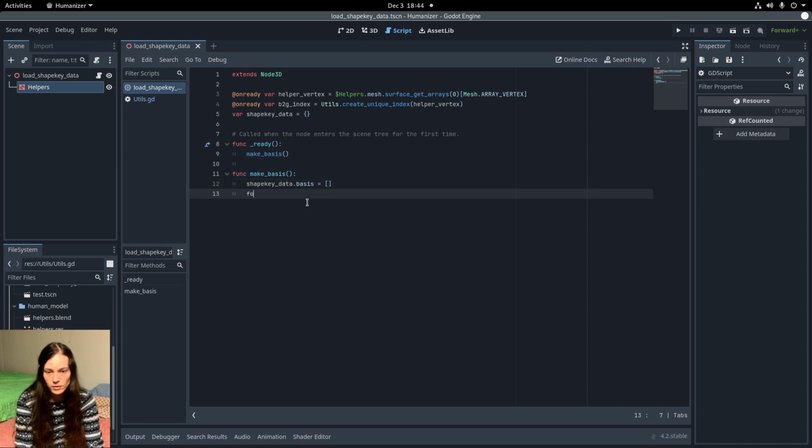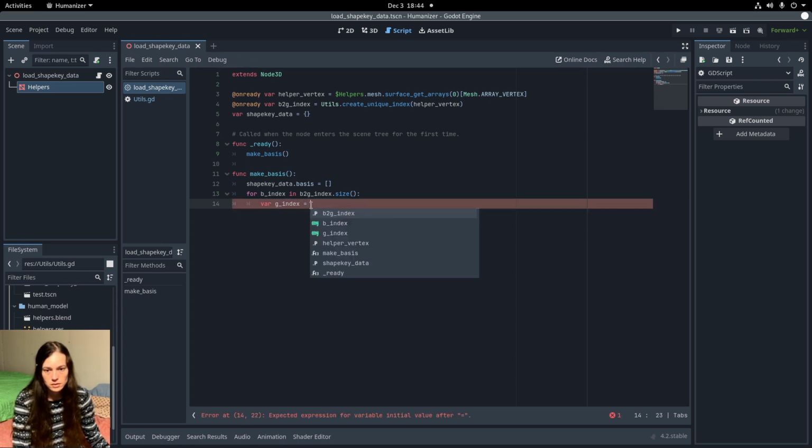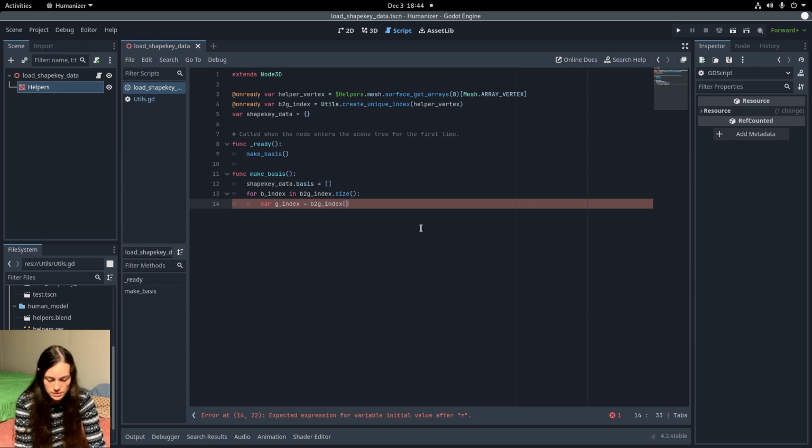Then I'll loop over the Blender index in the Blender to Go.index.size and get the Go.index equal to B to G index at the Blender index